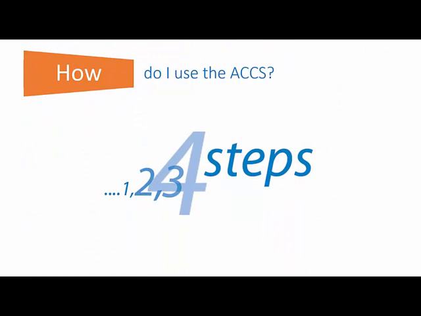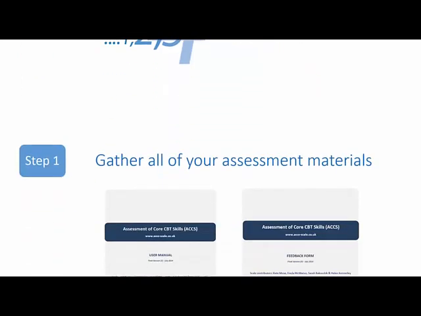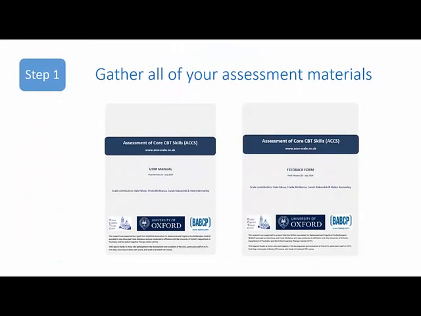There are 4 key steps to using the ACCS scale, and we'll just go through each of these in turn now. The first step is to gather all of the assessment materials that you'll require. 2 key things that you'll need are the user manual and feedback form. These can both be downloaded freely from the website